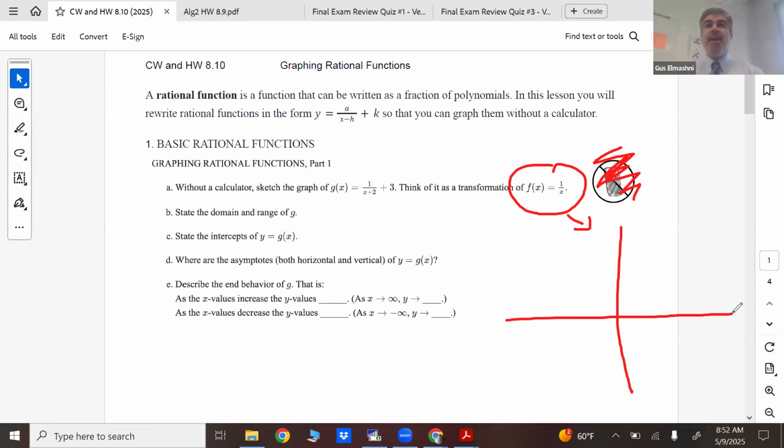Give me one number x cannot equal if it's 1 over x. Go ahead. Yep, true. Can't be 0. Correct. So what you're going to do, just like the log question,